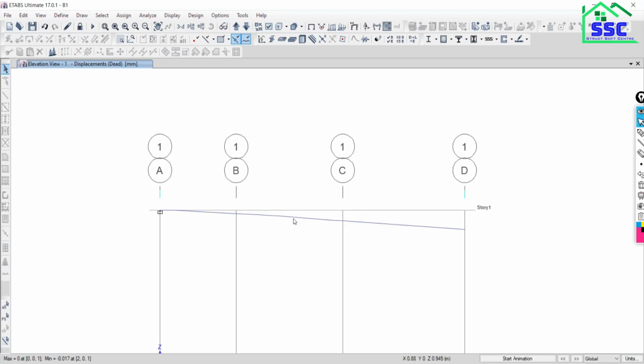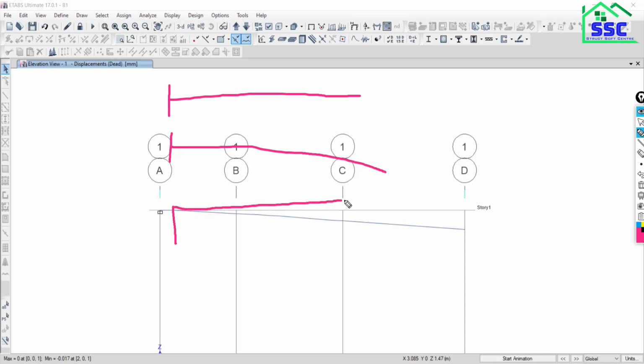We should know that the deflected shape of the cantilever beam is like this. This is the deflected shape of the beam. And the shear force diagram and the bending moment diagram of the cantilever beam are like this.